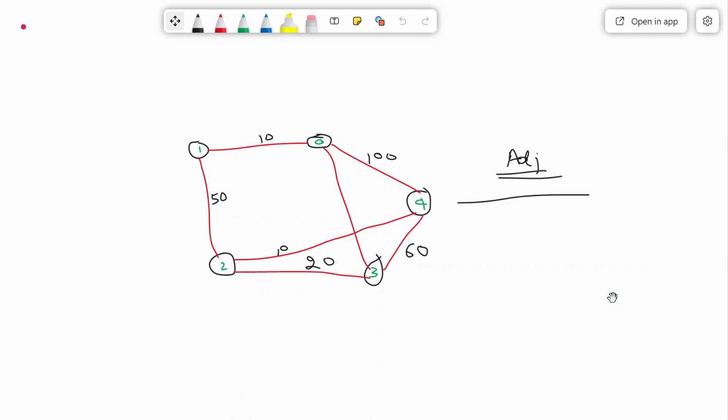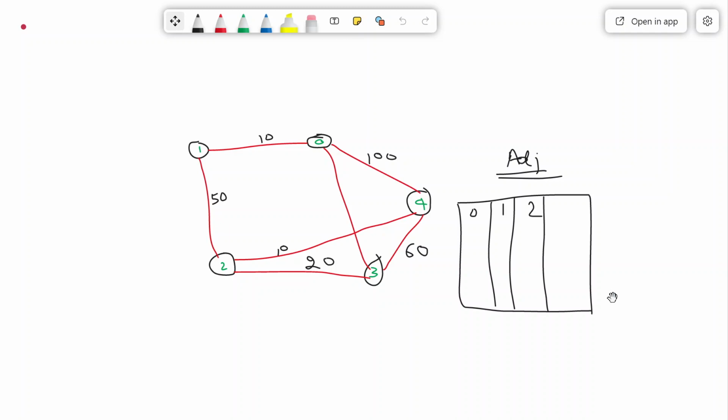I'll just tell how many nodes are there. So let's say this is 0, 1, 2, 3, 4. So I have covered all the vertices, right? And this I am telling you is the destination.